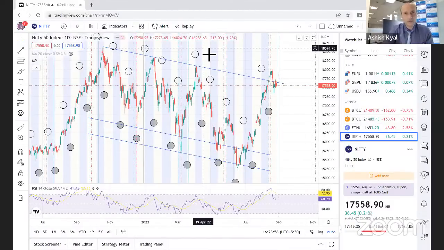So if you look at the overall moon phase, we are right now in the prior Amavasya. This is the Amavasya which happened. We moved more or less sideways. So Amavasya is resulting into, this is full moon which is down, and new moon is on the upside. So Amavasya usually has resulted into sideways to positive action, to be honest. यहाँ पर देखो, यहाँ पर भी अगर हम देखेंगे तो sideways to positive action हमें देखने को मिला है, और clearly, लेकिन this time full moon also resulted into up move for few days and then a correction.